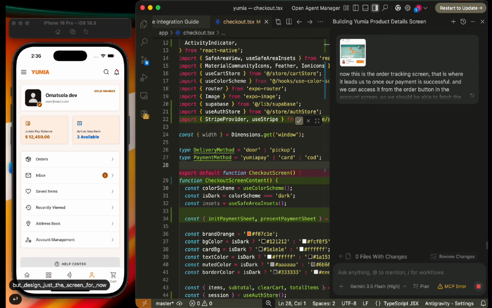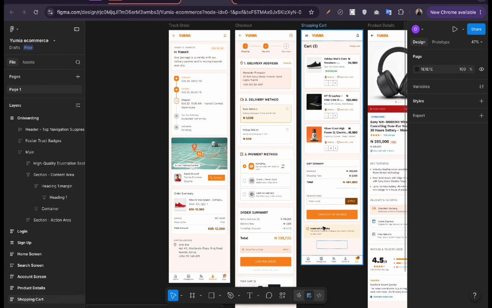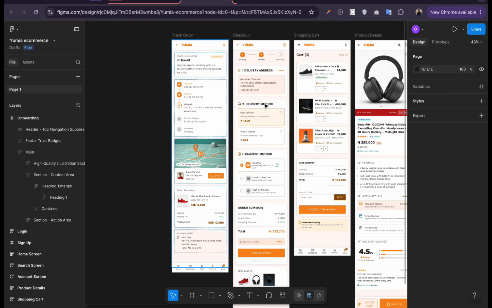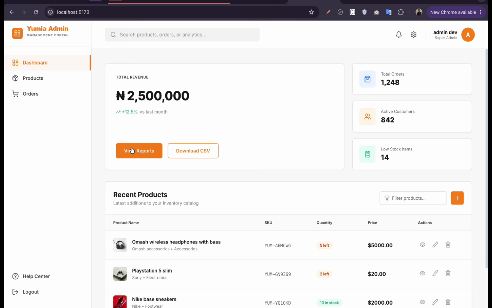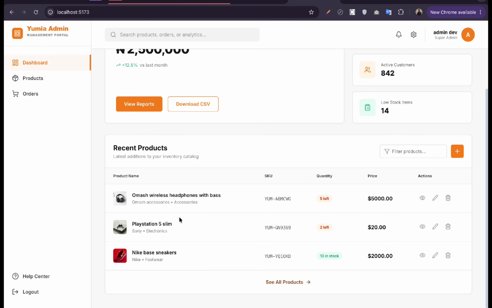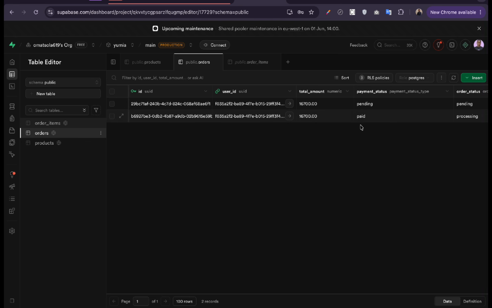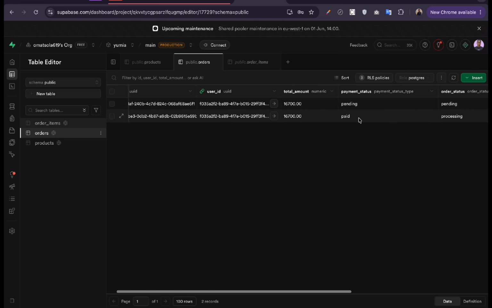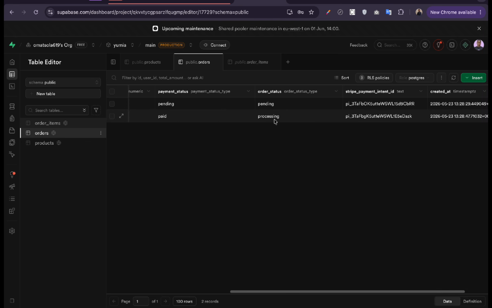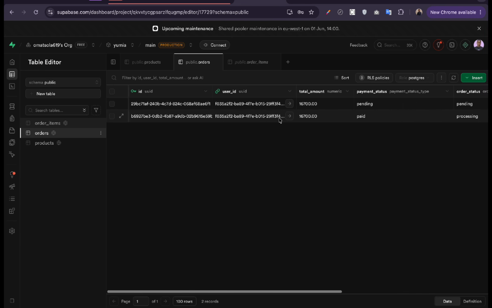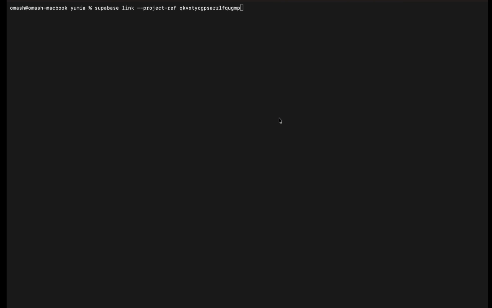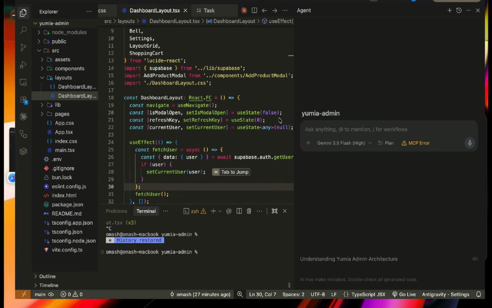Okay, so since we've given it this command and it can do that here, now we should go over to the admin app so we can be able to fetch the orders that we have here. And notice that we're going to fetch only orders that are successful, so orders that are paid. Now when the order is paid and the order status is processing, that's what we are going to be able to fetch. So let's go over to the admin app right now. Where's our admin app? Okay,